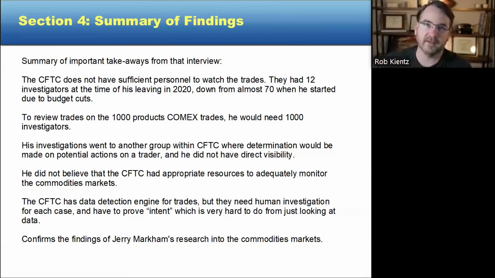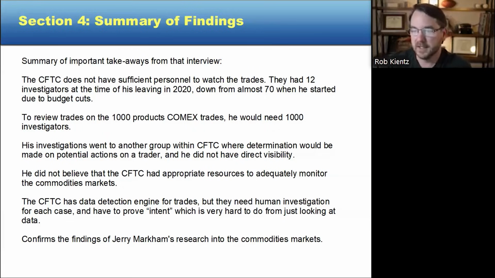I would tell you from having been an investigator, I have a master's degree with a concentration in digital forensics, in which I was taught forensics work. Based on the complexity of these trades, you would need more than one person. So having 1,000 people to watch this, humans, in addition to the data collection, is probably on the light side, if I'm taking a guess, based on my experience, 30 years of corporate audit and investigations, different types of investigations